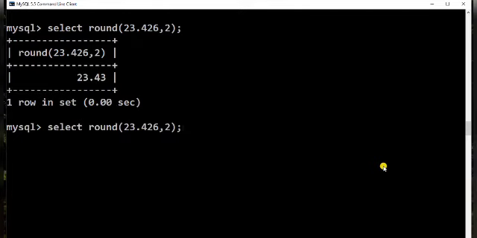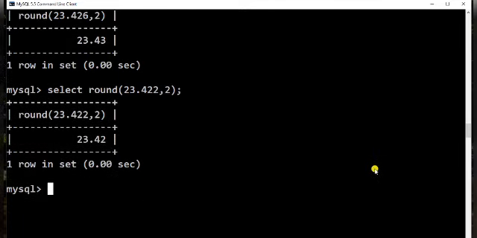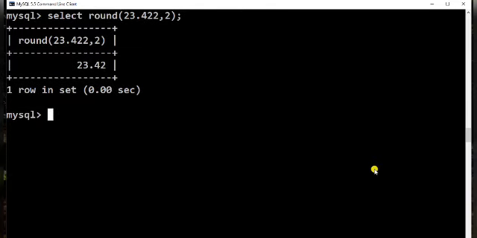Now, if this is not 6 but 2, it is less than 5, so 23.45 will be the answer. Yes, it is giving you 23.45.